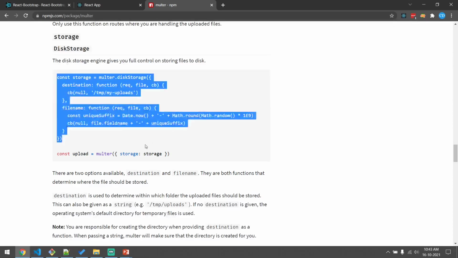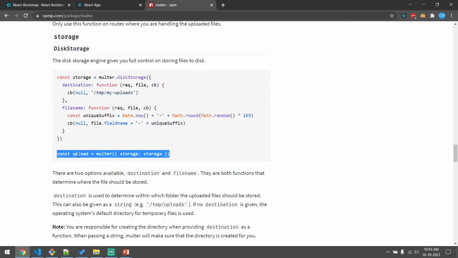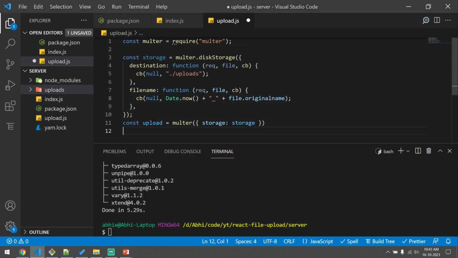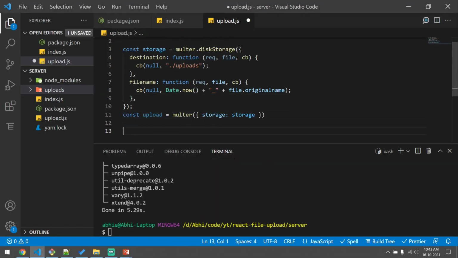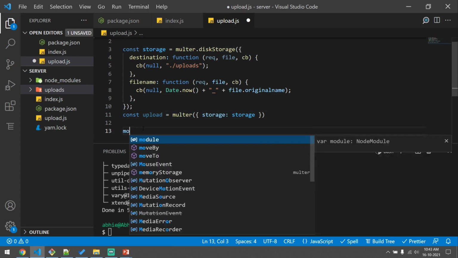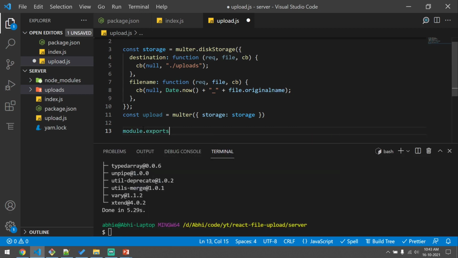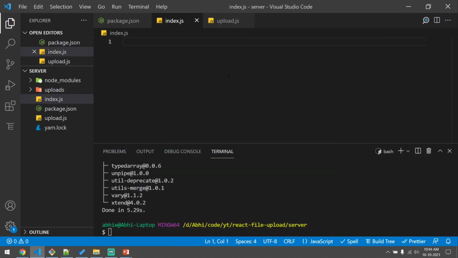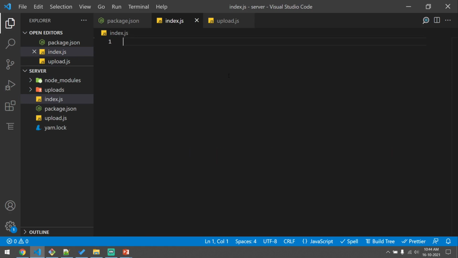We need to export this storage from here. So let's create this upload function, and we'll pass this storage configuration to Multer, and we'll just do module.exports equal to upload.